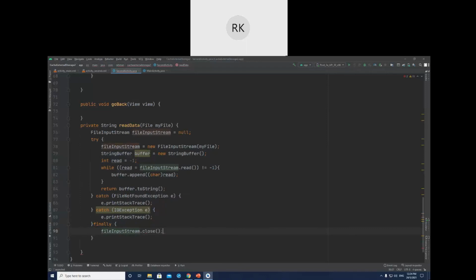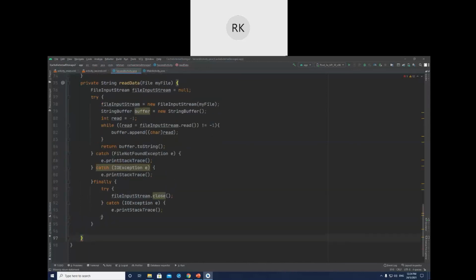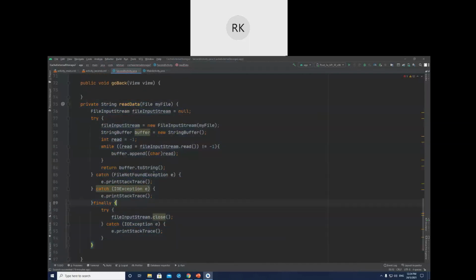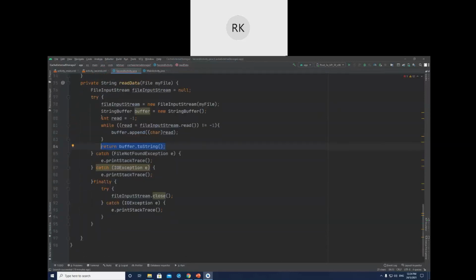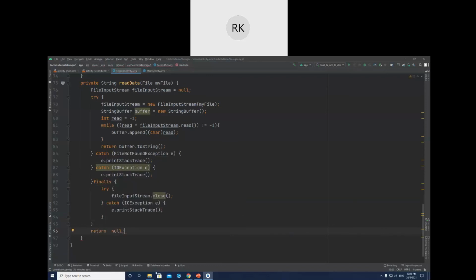This is why we define this one outside. Then I'll enter and try, and you see here we are still getting an error message. Why? Because if this whole process goes successfully, then it will return the buffer. But if it is not successful reading from the file, then what should happen? Then it should return null. Meaning to say, we should return something in the failure case also. So return null if something fails. Yeah, you see the error is gone now.